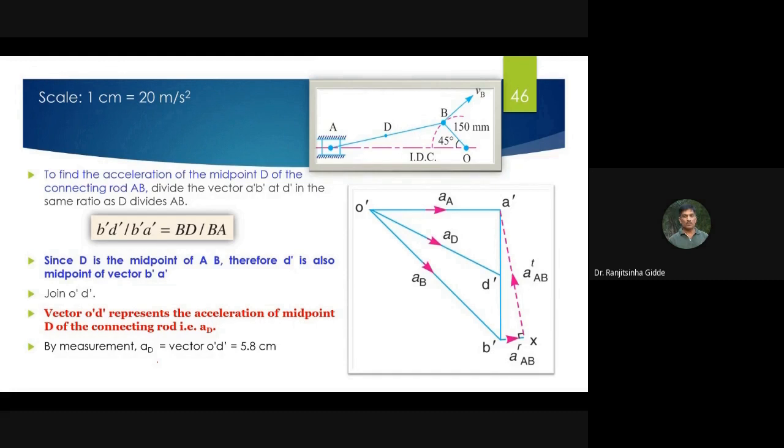Then tell me the value of acceleration AD, into 20. So AD is equal to 117 meter per second square. तुमची काय आली असेल ती व्हॅल्यू लिहा. एक 120 मीटर पर सेकंड स्क्वेअर. ओंकार व्हॅल्यू 120 पॉइंट समथिंग मीटर पर सेकंड स्क्वेअर. Then as per Revannath's measurement, whatever measured vector, it is around 119 meter per second square.